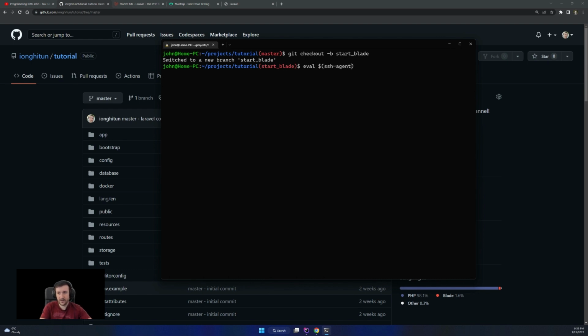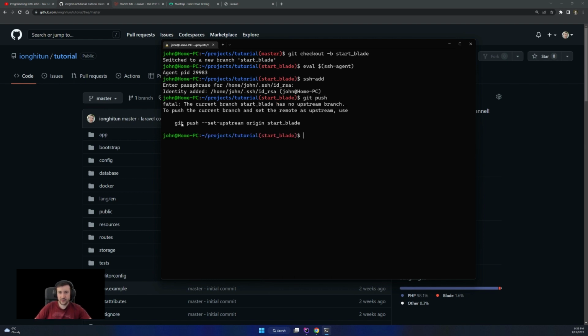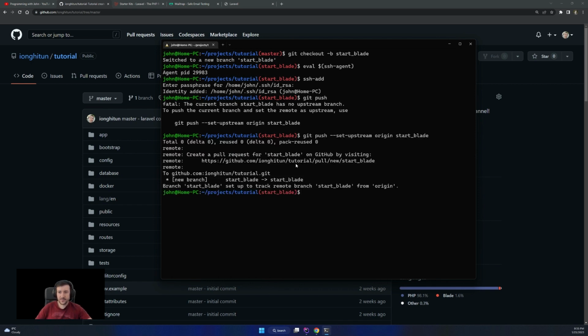So evaluating an agent, adding the key to the agent, and then we are able to push. This branch does not exist on origin, so I set the upstream to it and push it. Now we are good to go.